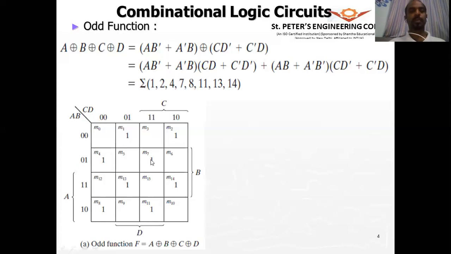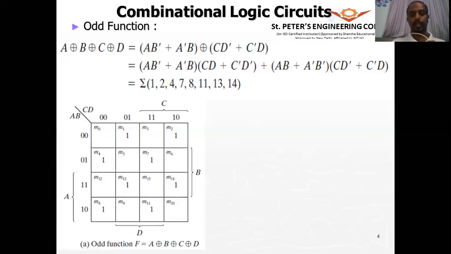Please again remember, we are not looking at the odd number as 1, 3, 5, 7 and so on. We are looking at an odd number of ones for the combination of this ABCD input. That means when you take the number of ones in that ABCD sequence, it should have an odd number of ones.